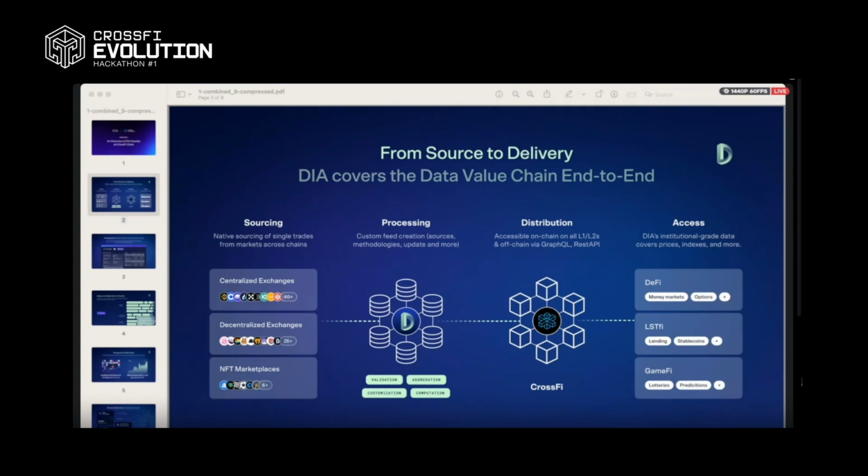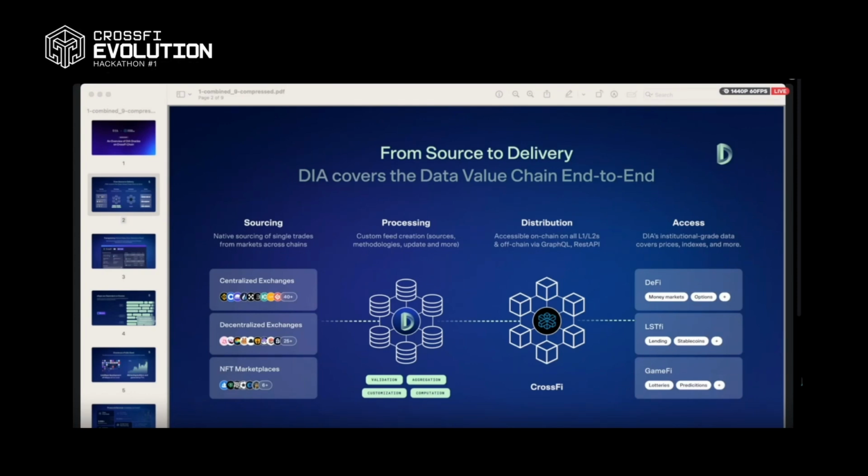And so, as I mentioned, at DIA we scrape trade data directly from these DEXs. This allows us to have a much more comprehensive overview of these assets and to be much broader in our support of them. On CrossFi chain, as part of our partnership, we're going to eventually integrate 3 of the DEXs on CrossFi. And this is where DIA gets exciting, and it's the most important part for me in terms of what we're doing: if you're building dApps,